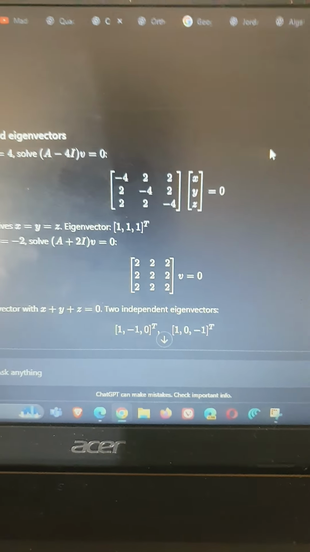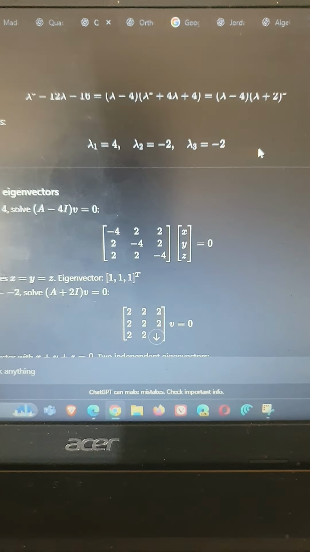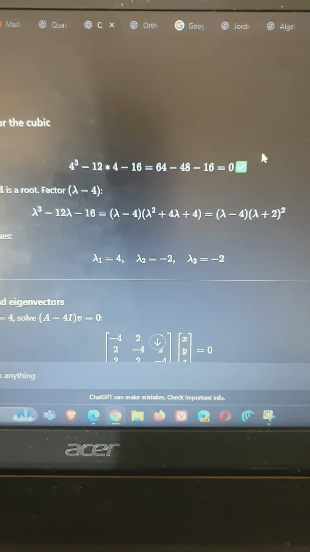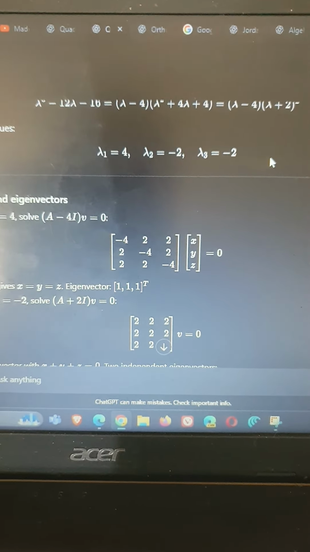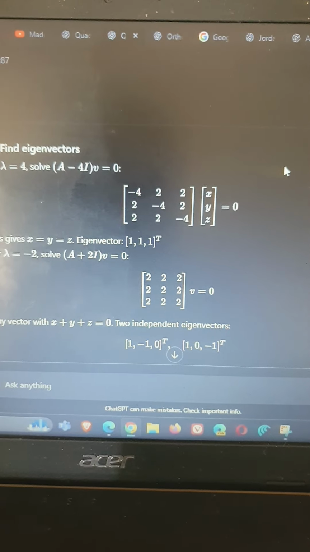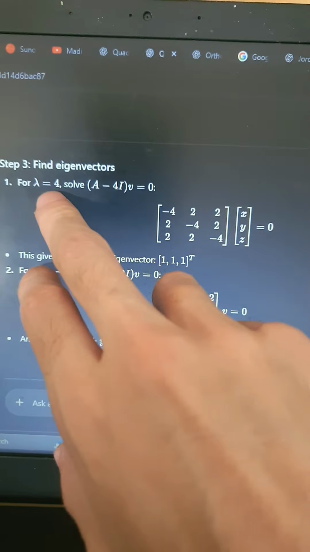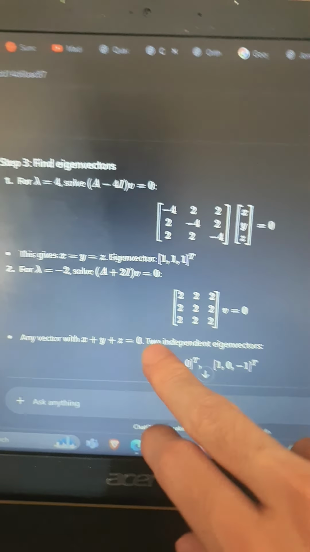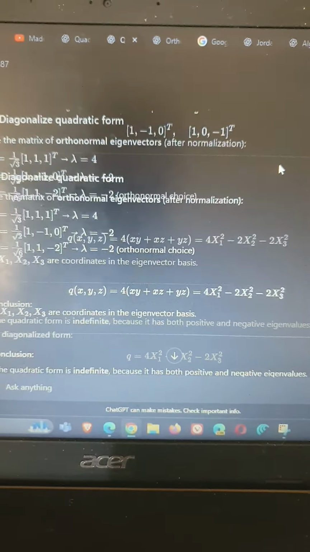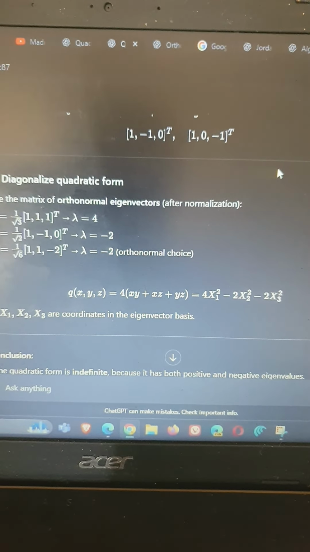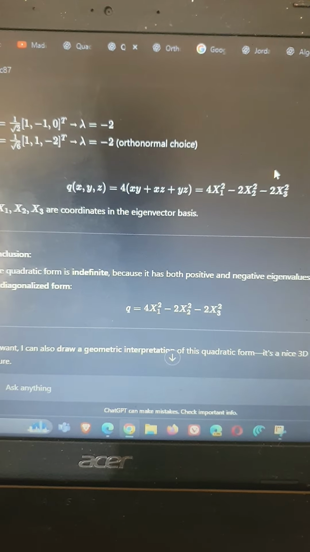So we can have the diagonalized form. Now for each eigenvalue, we will find the corresponding eigenvectors, and you can see here that we find for eigenvalue lambda equals 4 and so on. Now we found the